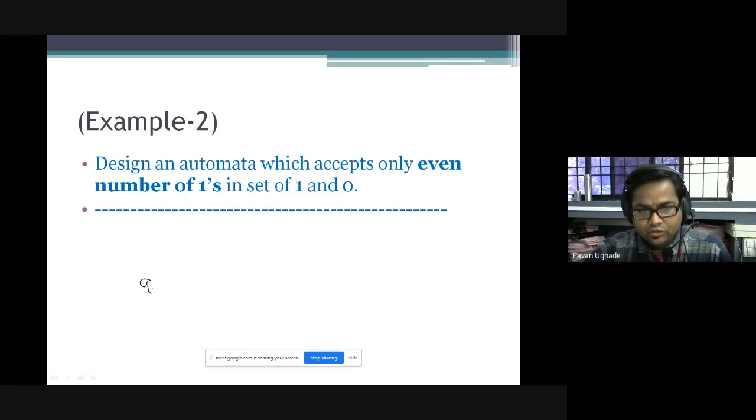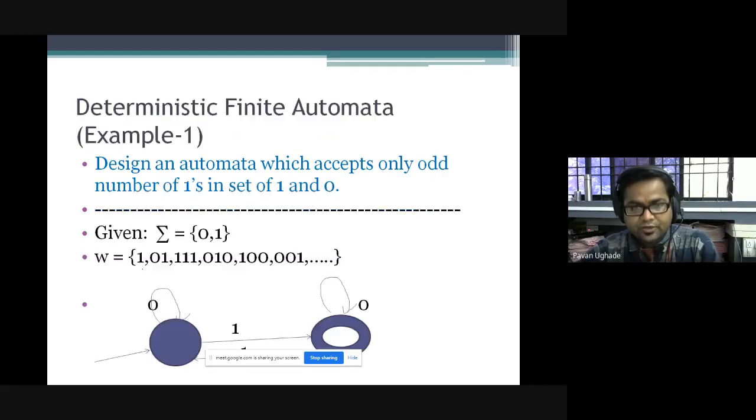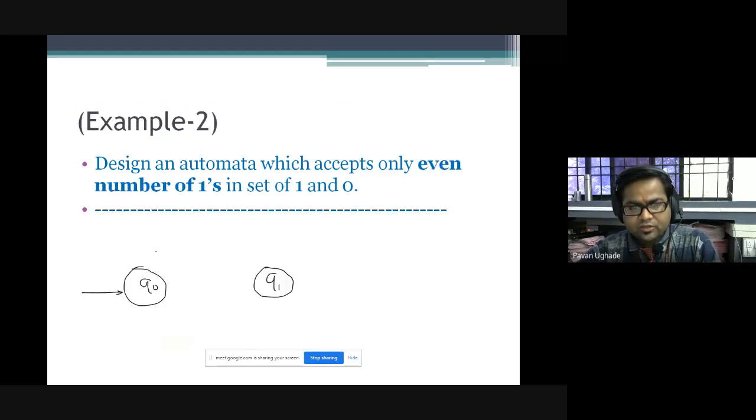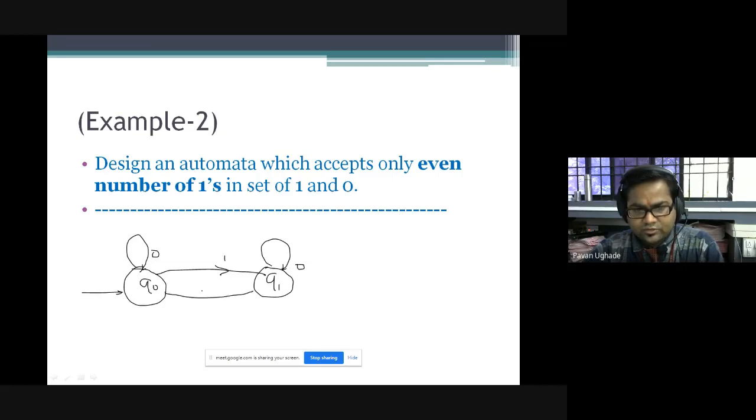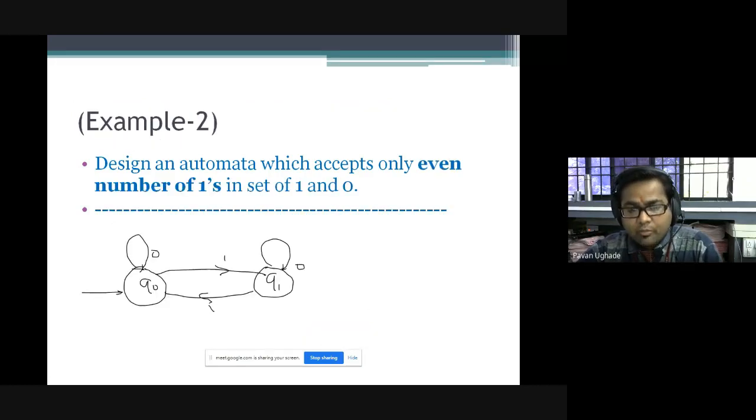Earlier also, what you got, you will be writing the same q0, then q1. Okay, this was your... then you have said in the previous one, you can simply write down the same state 0, then here it is a transition over 1, here it is a transition over 0, and here is a transition over 1. Okay, now how is the difference? As it is a complement, because this is an even number of ones and the earlier was an odd number of ones, so this is completely a complement of this automata.